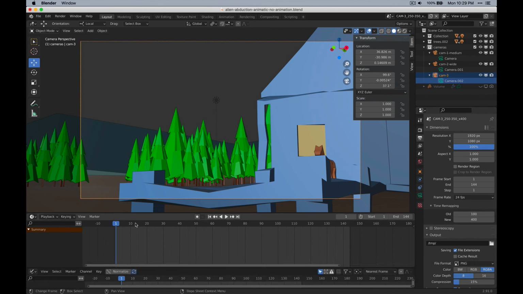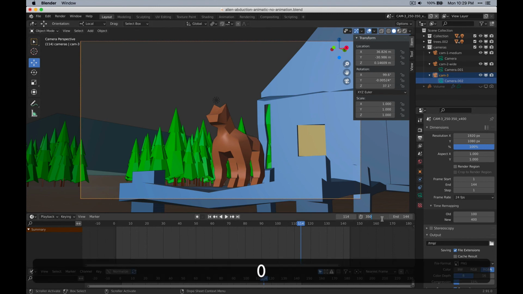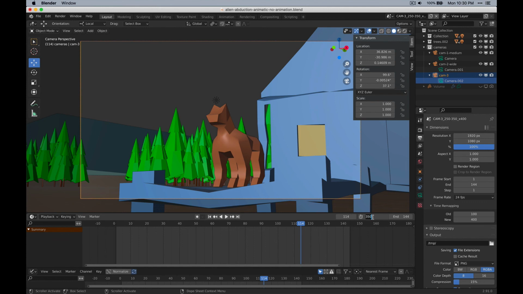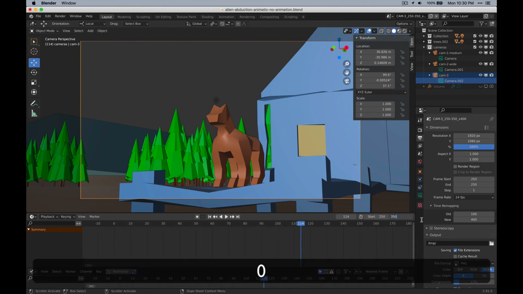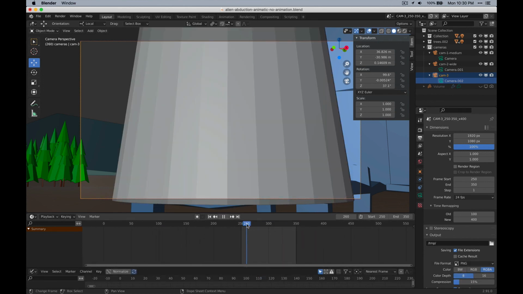And let's just take a look at, so it hasn't even started getting beamed up yet. So we're going to make the start and end here 250 to 350. Okay,